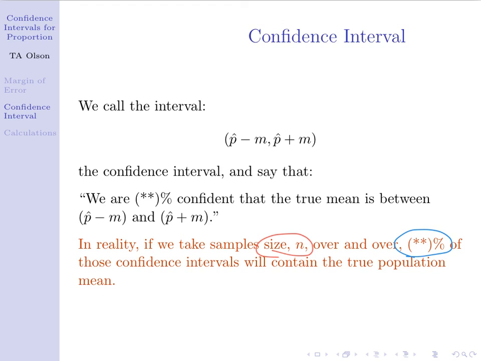So if we say that we're 99% confident, if we take 100 of these samples, we can expect 99 of them to contain the true population mean. Okay, so let's look at some calculations based on knowing our sample